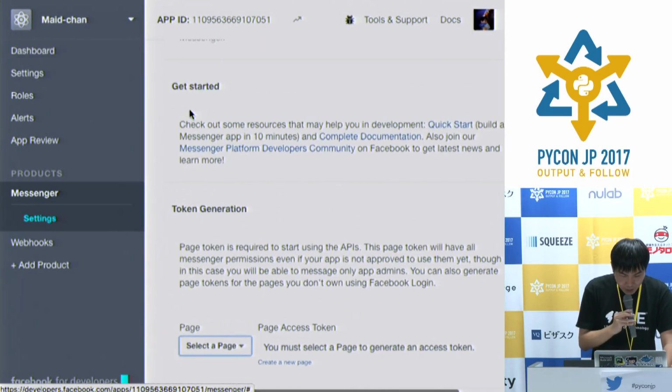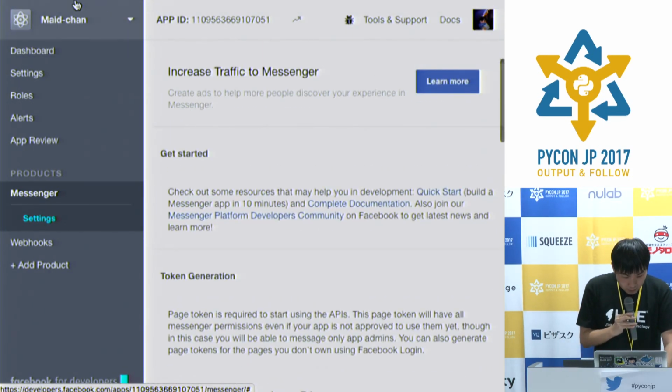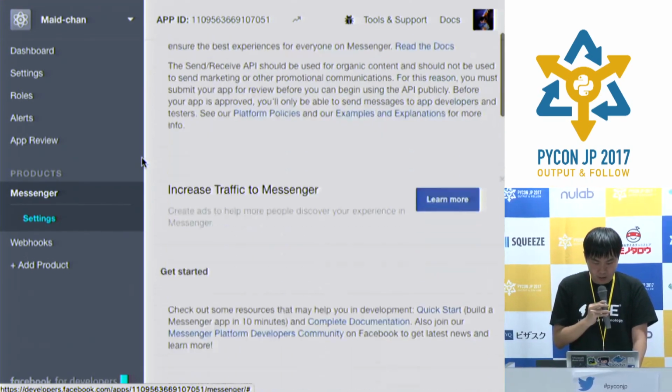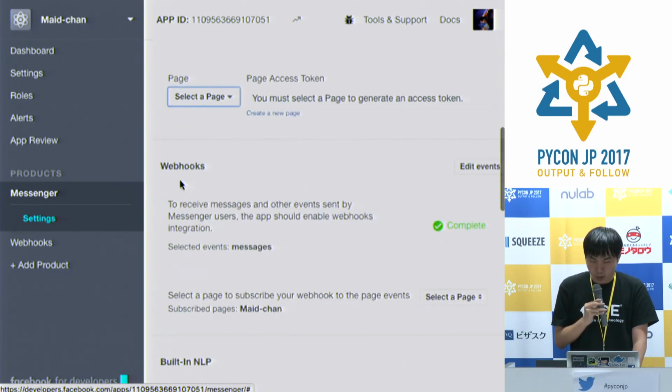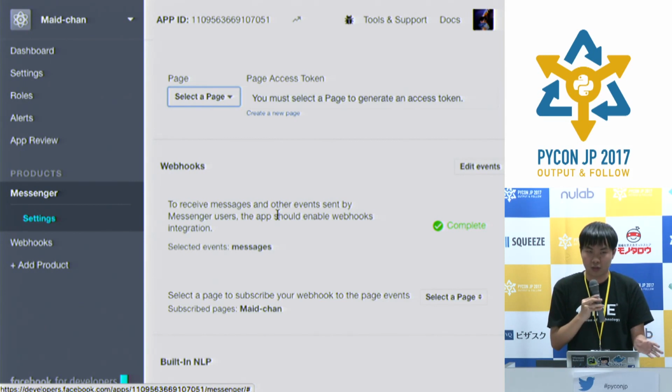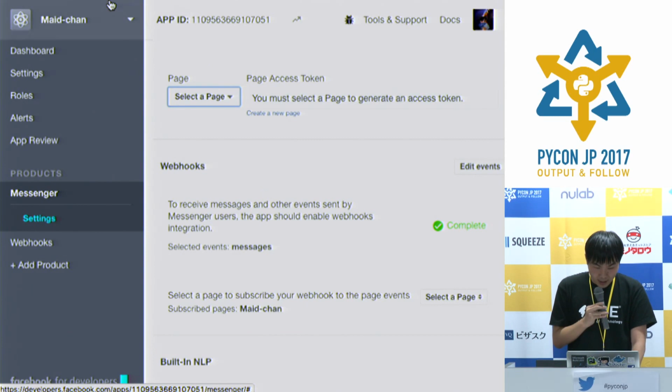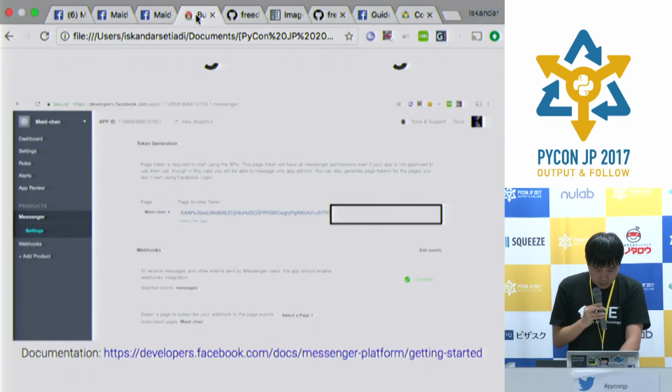Okay, so first, to configure the messenger bot, you need to choose the page, and after that, it will give you an access token that you can use. And after that, you connect the webhook. This is the callback URL. For example, you send a chat to your chatbot, and it will send those texts to the webhook that you set. And after that,